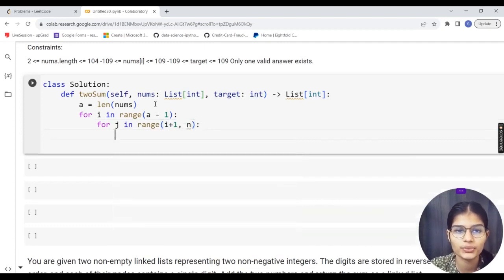So the first loop was for counting the total length and going up to the length, and the second one was the key from I plus 1. Whatever positions we are incrementing, I have to go on to each and every single position from here. Right, now my condition will be that if my nums,